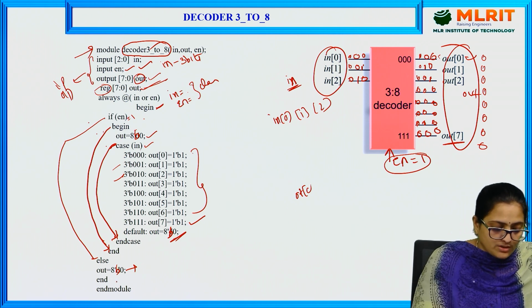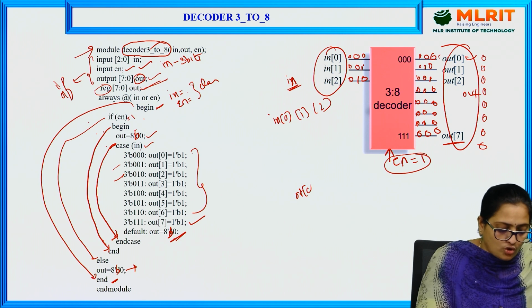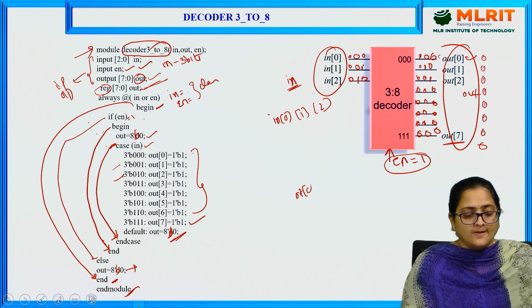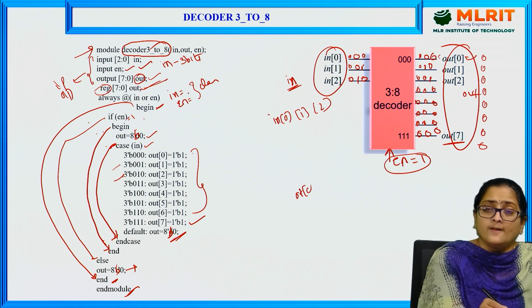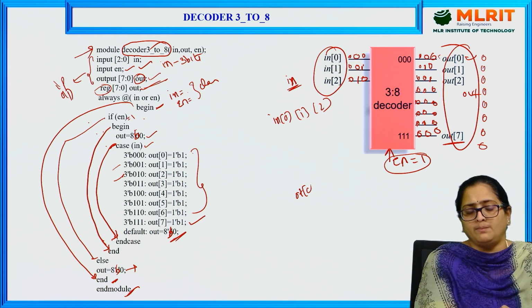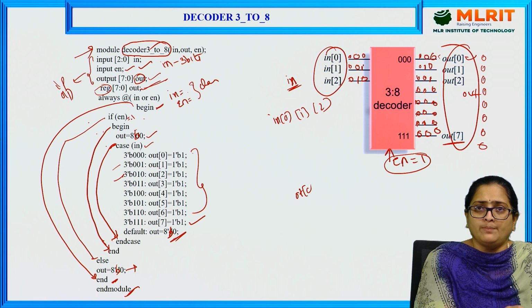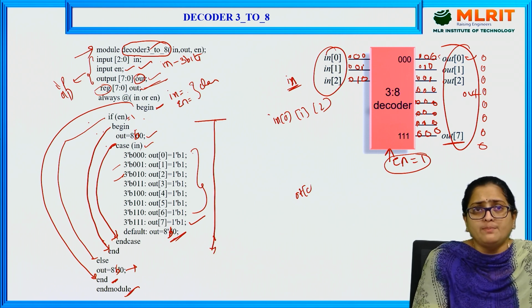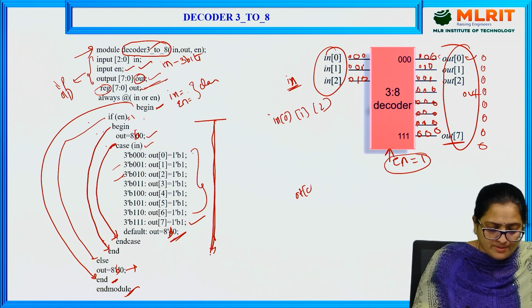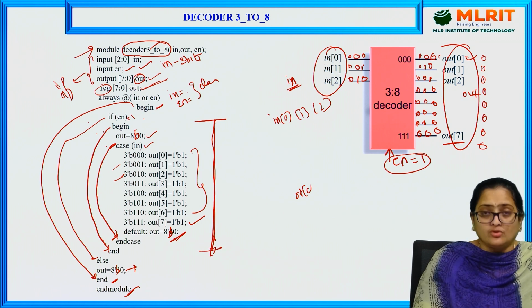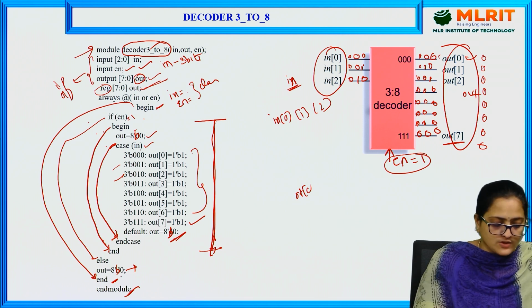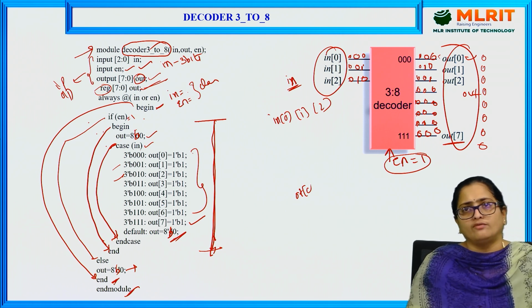And this if statement has to be ended with the keyword end here. So this begin has to be ended with the keyword called end, and this module has to be ended with the keyword called endmodule. So always we are checking the input as well as the enable pin. Here, if the enable pin is 1, then only these statements will be executed. Else your output is stored with the 8-bit binary value of 0, and this begin has to be ended with the keyword called end, and the module has to be ended with the keyword called endmodule.